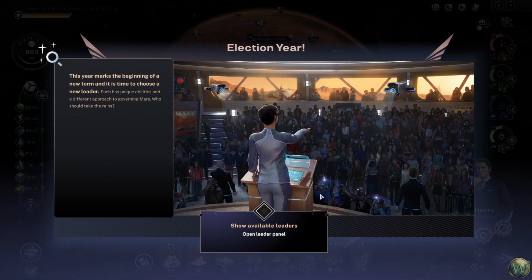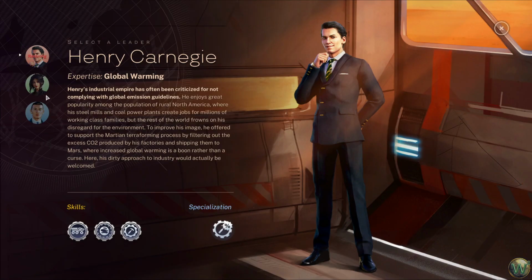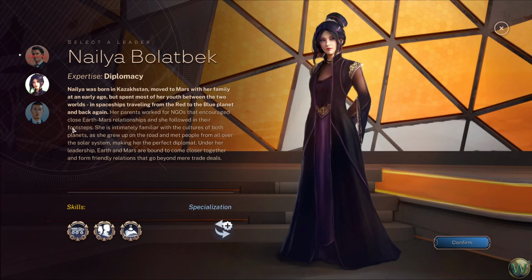This year marks the beginning of a new term, and it's time to choose a new leader. Alright, so Henry Carnegie is on the way out. Nylia